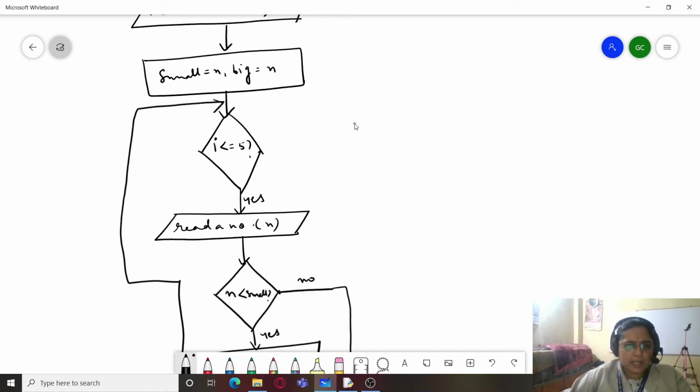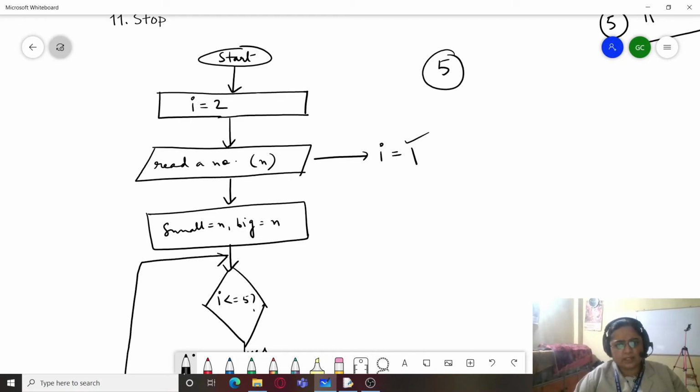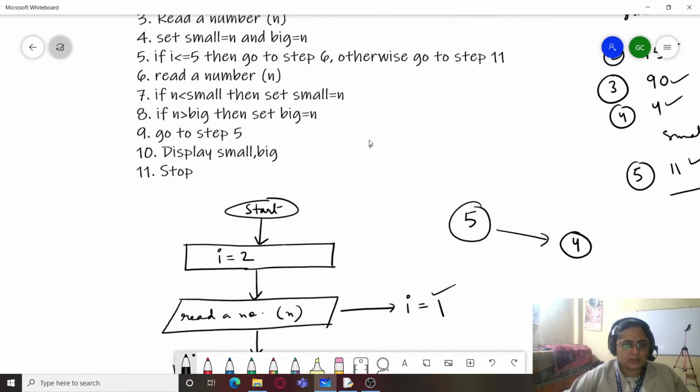Okay. And one more change had to be done. We had started the value of I from 2 because the first value was already asked from the user, which was already considered as I equals 1. So if we have to ask for 5 numbers, one number is already added. So now we have to ask for 5 minus 1, 4 numbers only, that is the loop has to execute only 4 times, and we need to make that change in the pseudocode also.